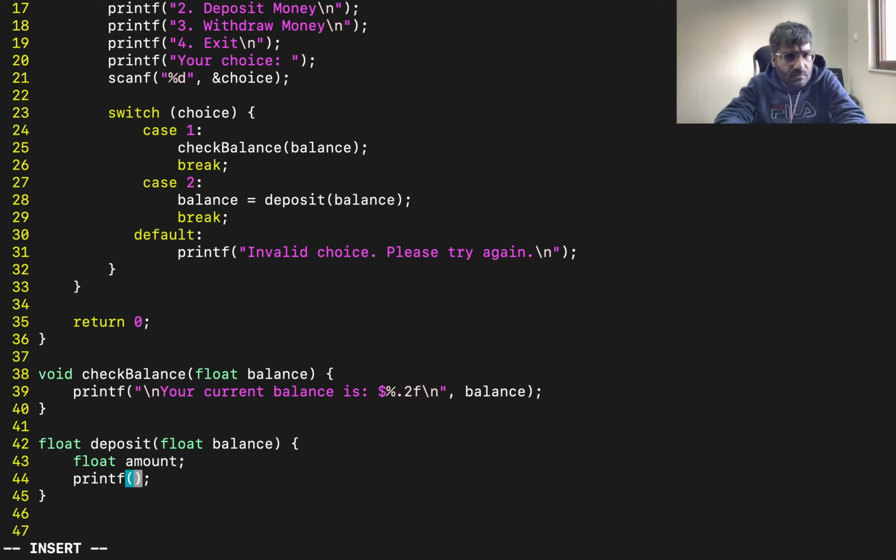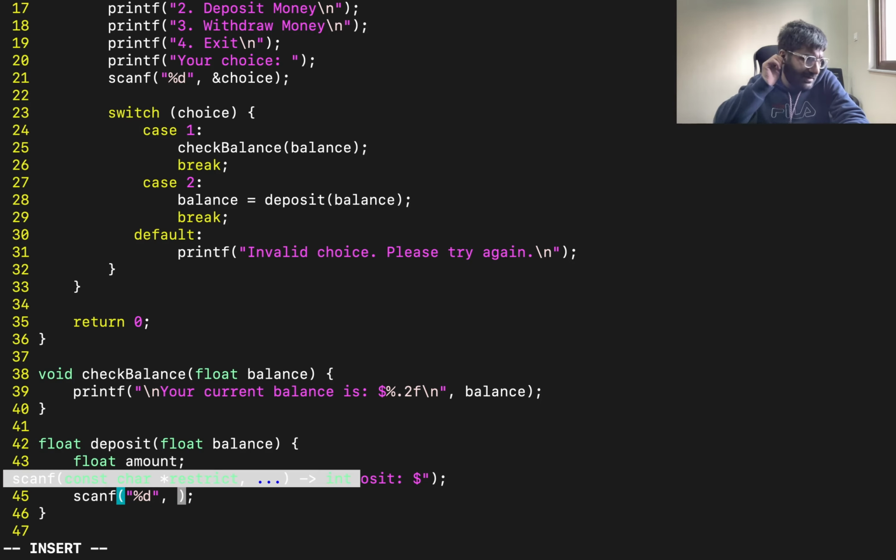I think we need a line break, enter the amount to deposit, and we will add a dollar sign here. For that we need a scanf here to get the input,